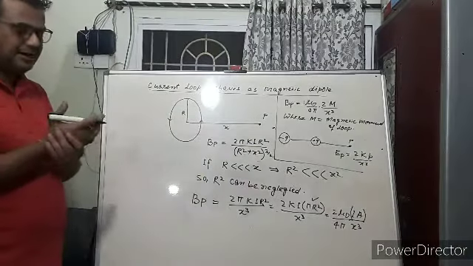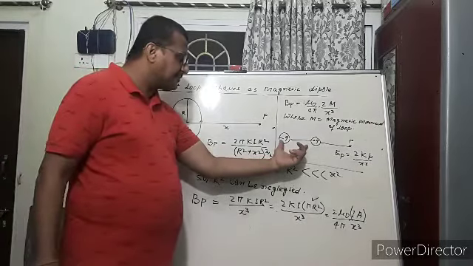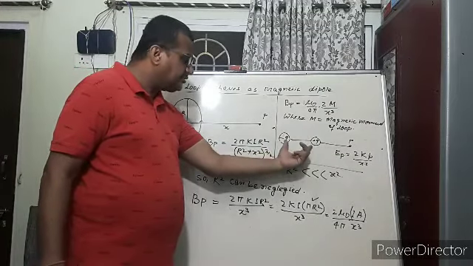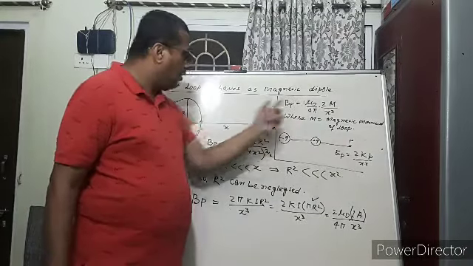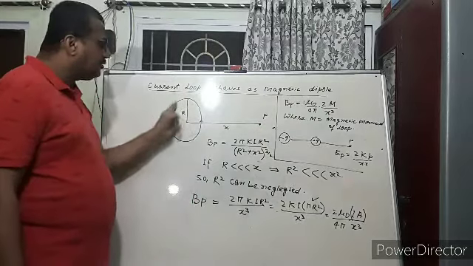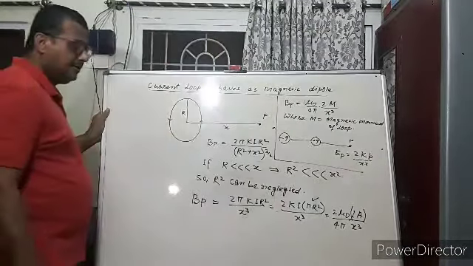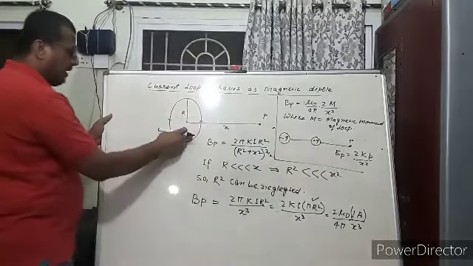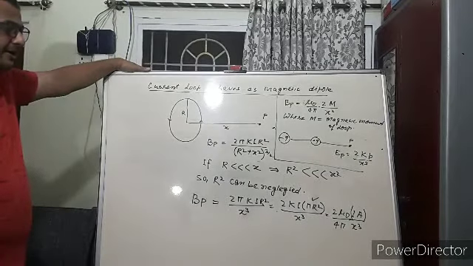So here it is clear that on the axis of the electric dipole we have calculated the electric field. On the axis of this current loop we have calculated the magnetic field. It is a dipole. This is called an electric dipole, so that is called a magnetic dipole. So any loop behaves like a magnetic dipole.